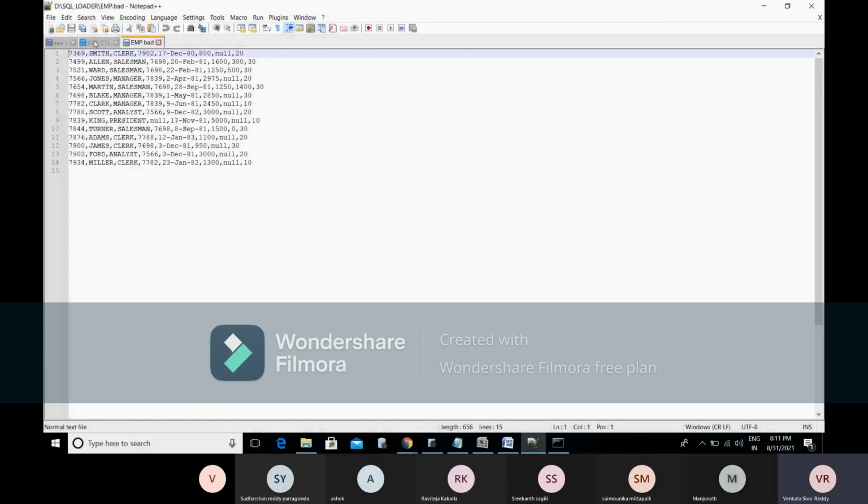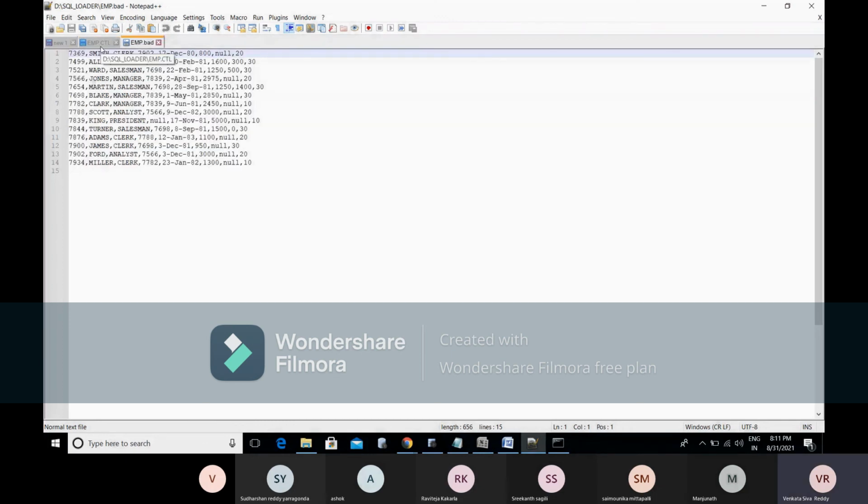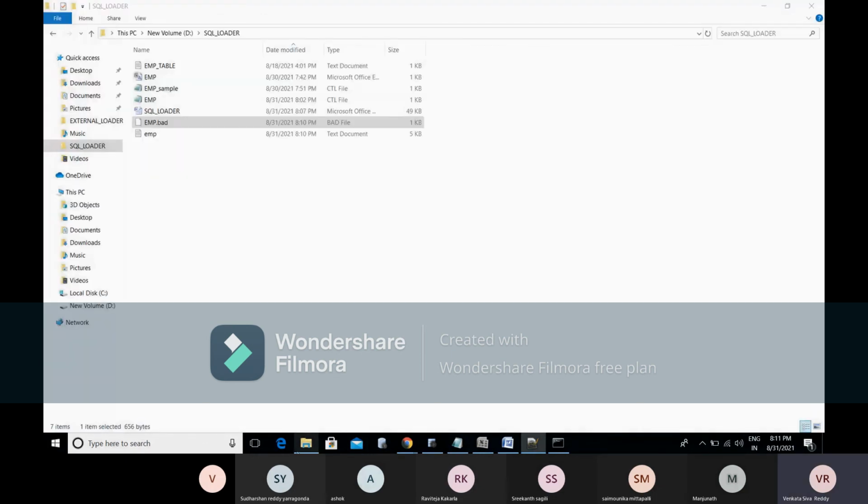The bad file will contain only the error records. The EMP number has 4 values here, so records with fewer than 4 you won't get here. Understand? In this place I will show the log file as well.